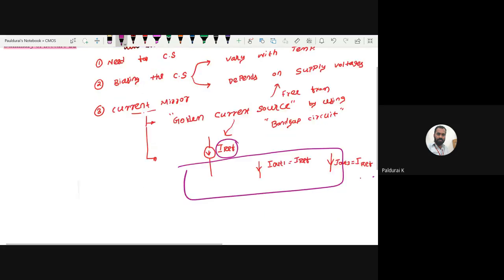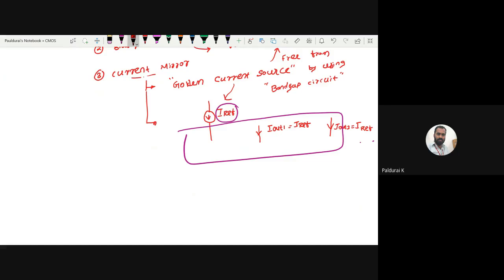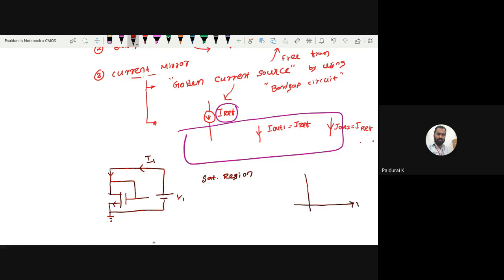How to achieve this? For that, I started with some observation. The first point we said is, take one diode connected device. First point, it is always biased in saturation region, that we discussed, and you understood why and how. For this, I apply some voltage V1. Because of this the current is I1. So the V1 versus I1 characteristics,